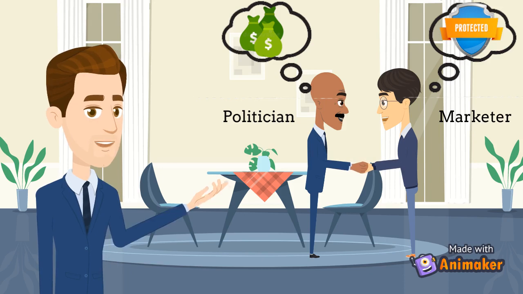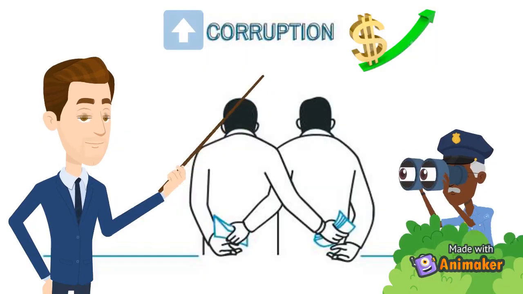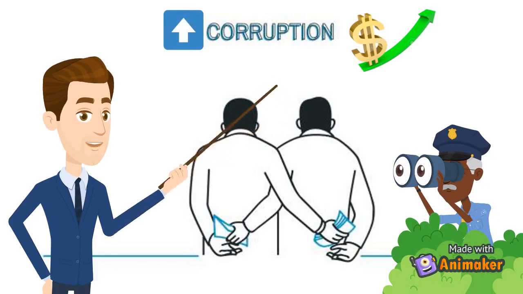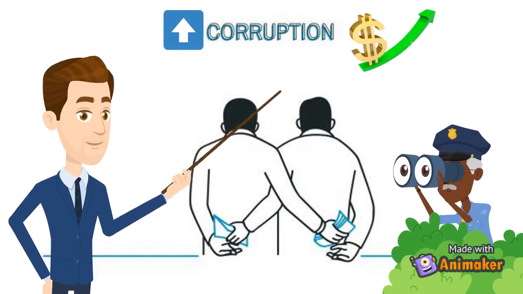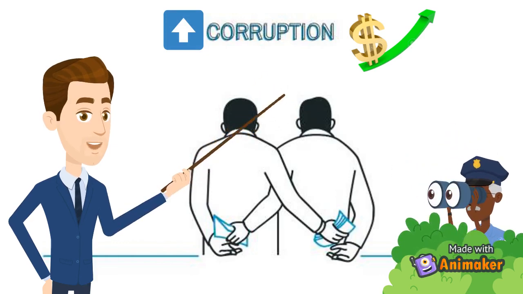Next is power decision, which is usually owned by the government. It is like an approval, and it makes the marketer or organization stronger if the marketer is close to them. The marketer will be secure and protected. If the corruption level increases, the price will increase as well, because the final price includes the corruption fees.